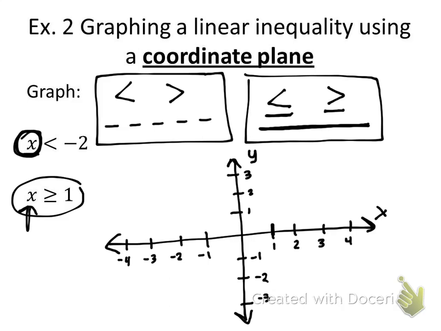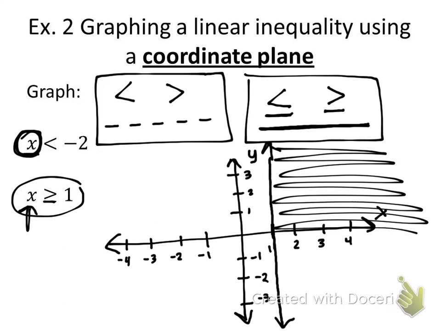Okay? And am I going to have a dotted line or a solid line? Well, there's a solid line underneath the sign, so I want a solid line through the one on the x-axis. So I would draw it straight down. And I want to shade where x is greater than 1. So the shading has got to go in the direction where all the numbers on the x-axis are getting bigger than 1,